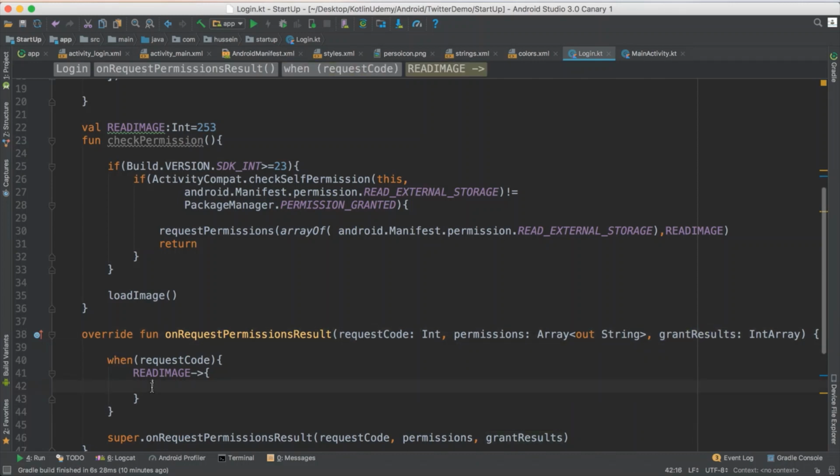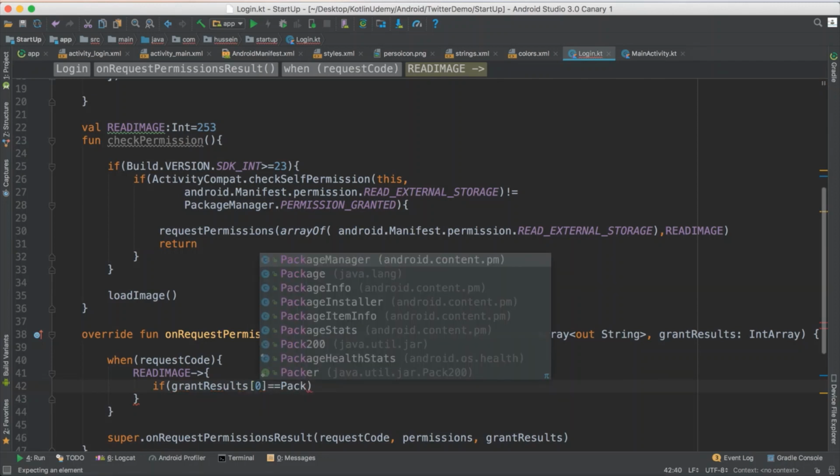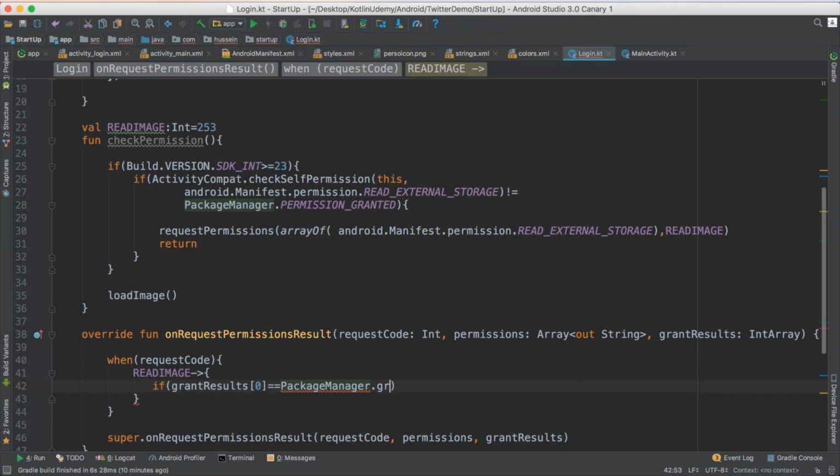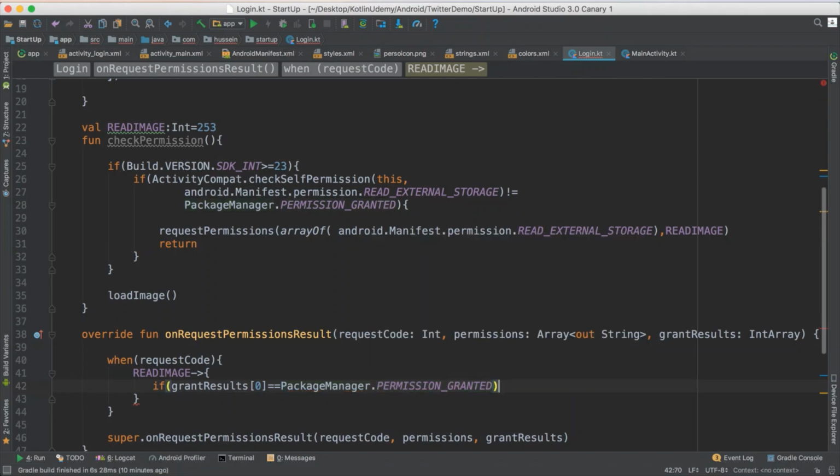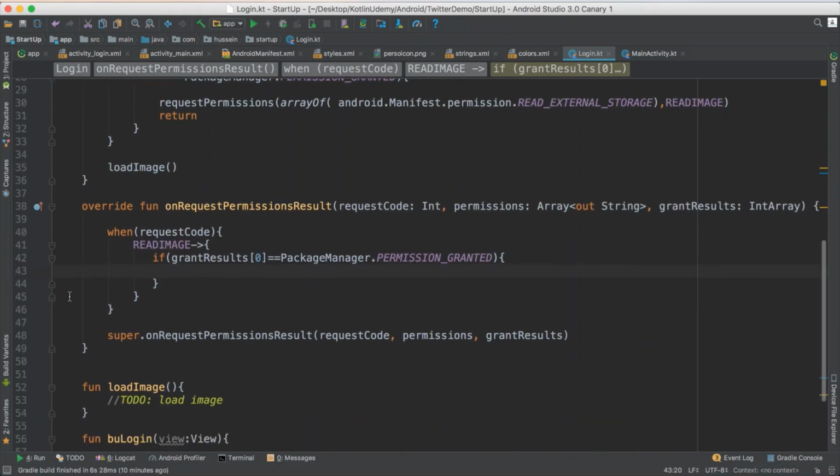I say, if the permission granted for index 0. Why 0? Because I'm sending only one permission inside this array, so the index for this permission in the array will be 0. If I had 2, I would say 0, 1 and 2. So if the permission equals PackageManager.PERMISSION_GRANTED, okay, I know the permission is granted. He will be able to load the image, so I could call this method. Otherwise,